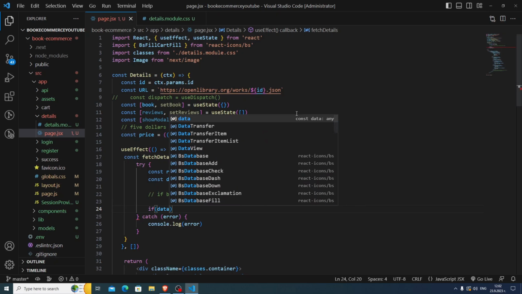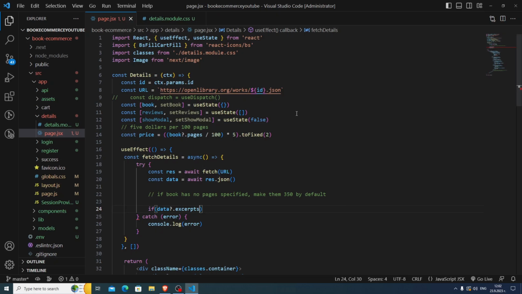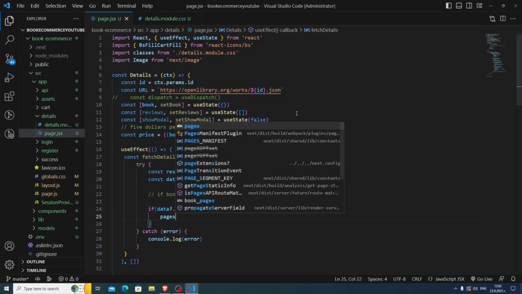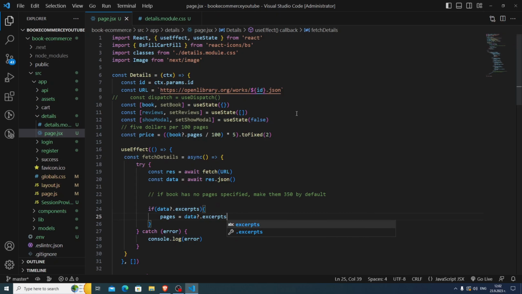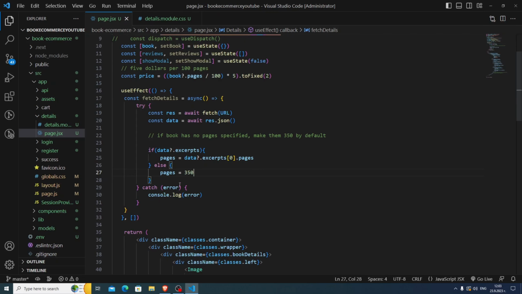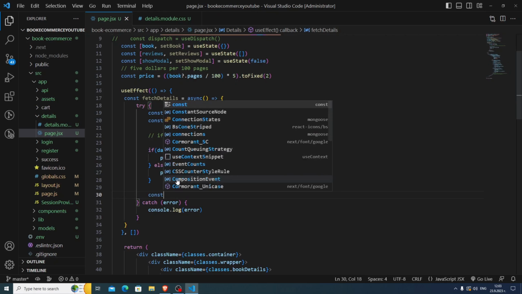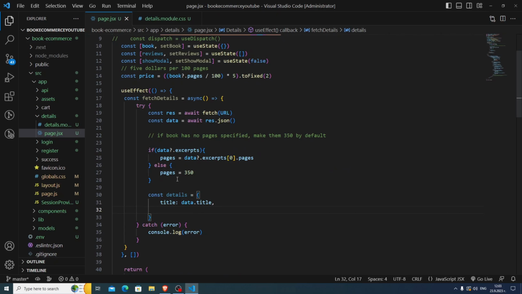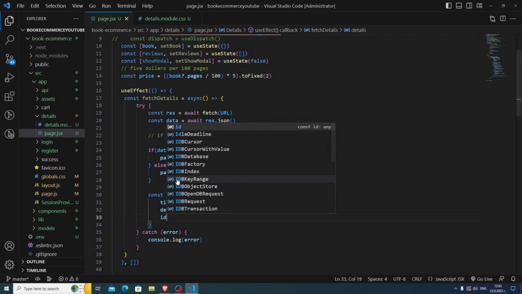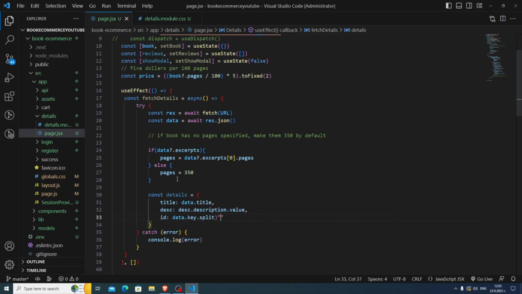So here data.excerpts pages is going to be equal to data.excerpts from the 0, and here .pages like this. Else we're going to set it to 350 as I want it to be. Then const details, the object. So here the title is data.title, the description is data.description.value, the id is going to be data.key.split, we split by the slash, and here we get the second index,